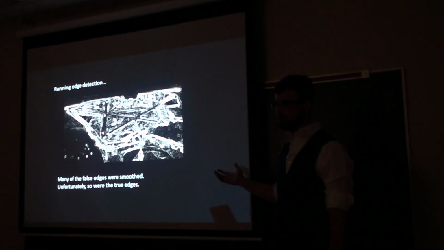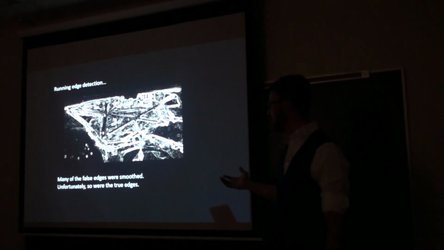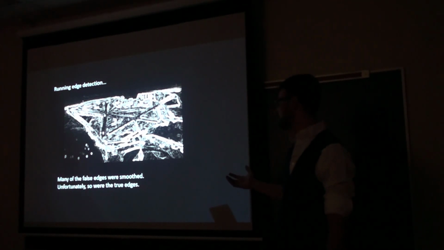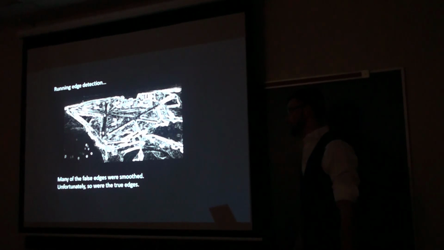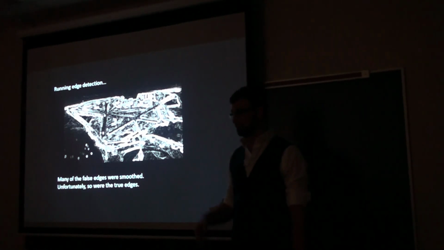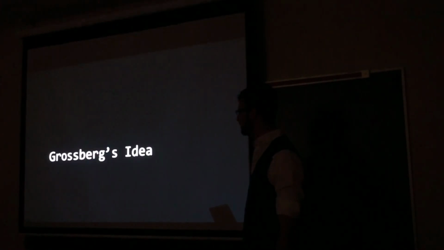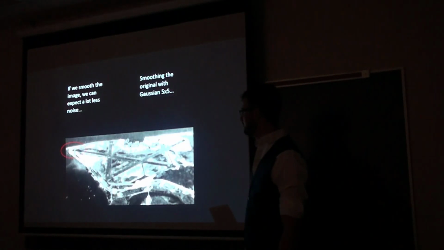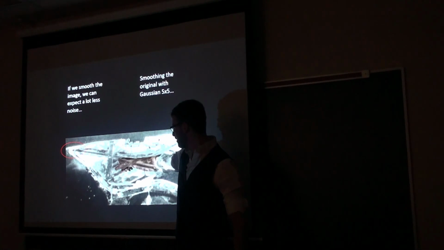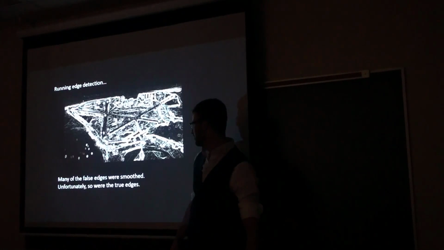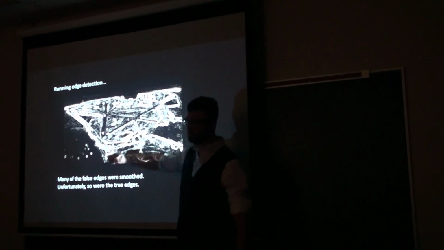Looks a lot better, right? I don't have as much of that random junk, that real freckle noise that's just randomly tracking it. Many of the false edges are smooth. Unfortunately, some of the true edges are also smooth, right? So I think the best example would be this right here. See how that's an edge? Gaussian blurred. It's not really there